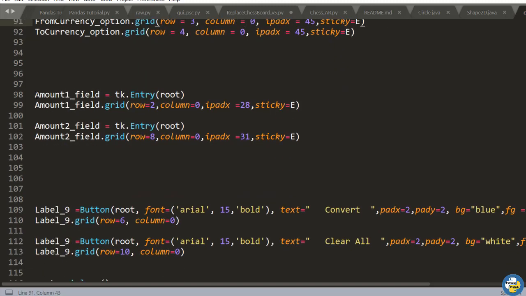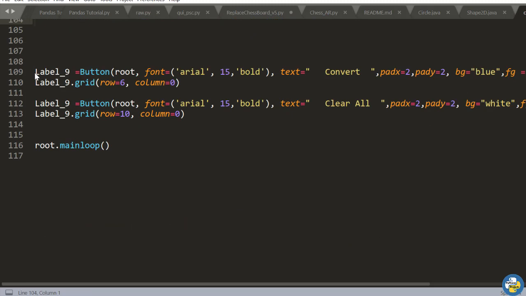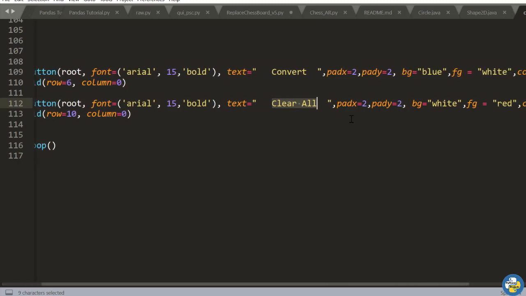These are used for creating an entry, that is a text box in the GUI. And these are the buttons. So we have two buttons, the convert button and the second is the clear all button. So what will this button do?